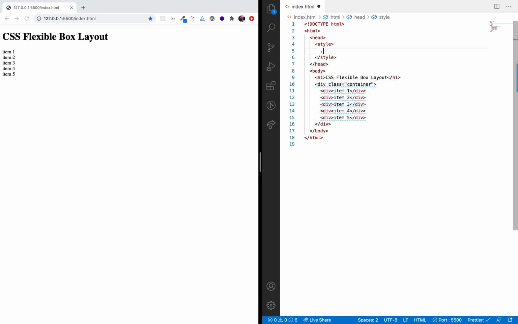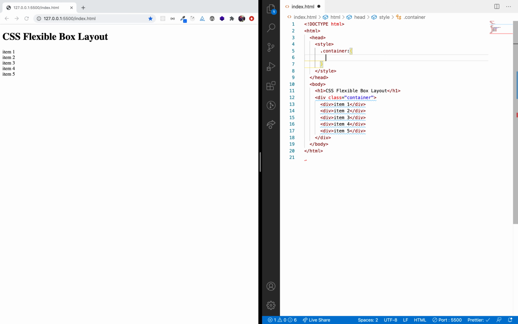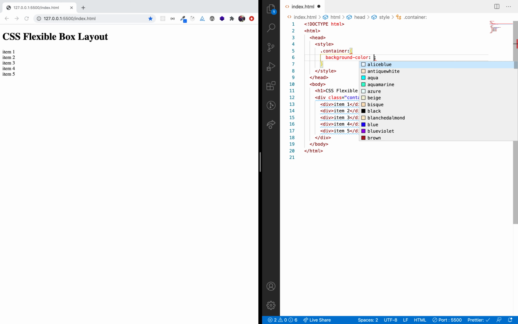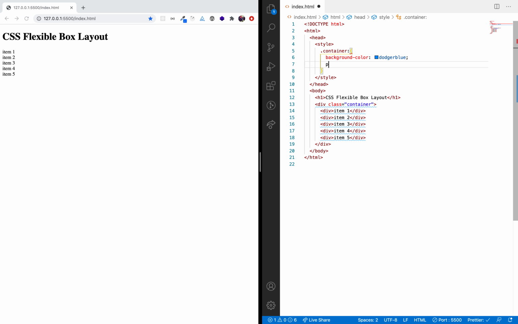I'm going to give some styling to this container: some background color, padding.